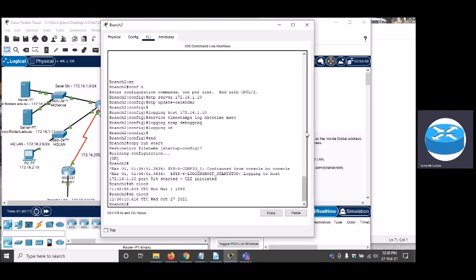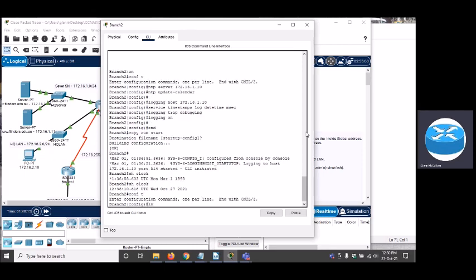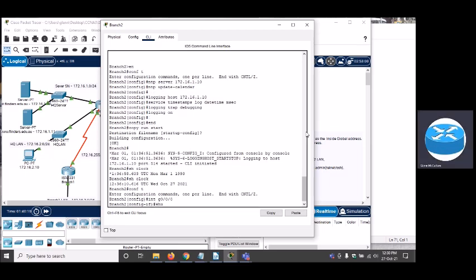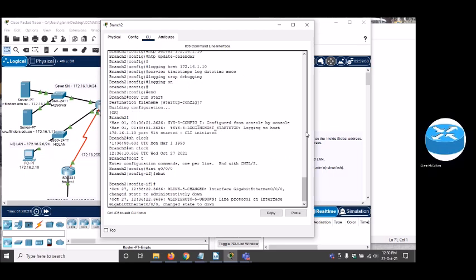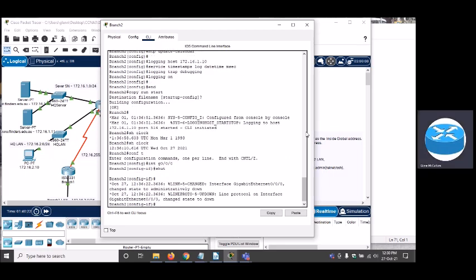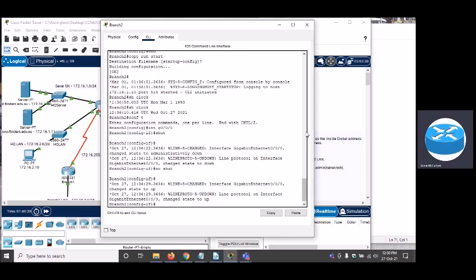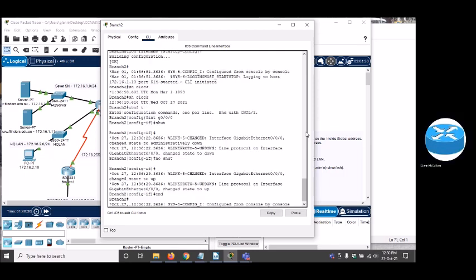That's a better time. So conf t, int g0/0, shut, no shut, and